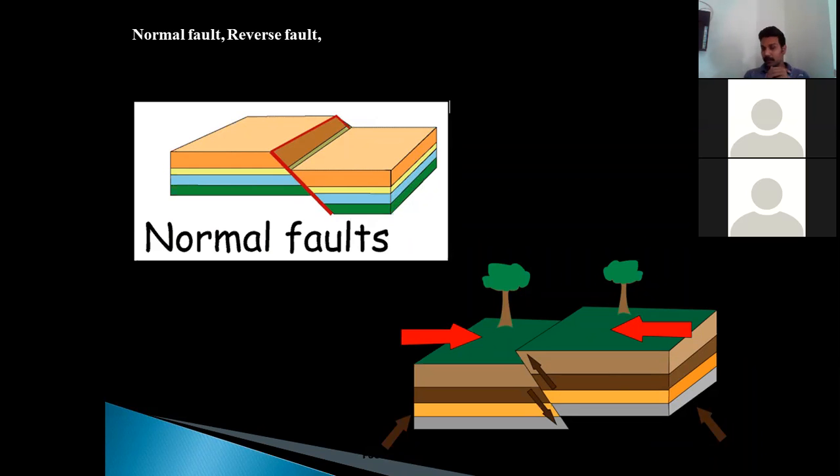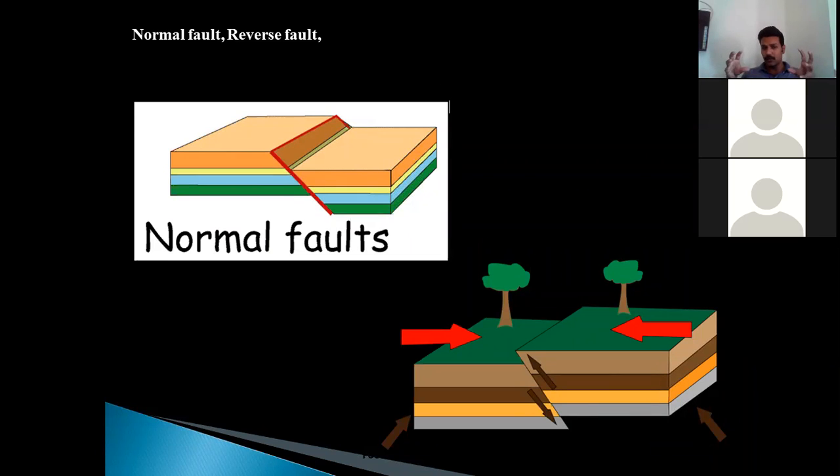The second one is the reverse fault. The exact reverse of the normal fault is called a reverse fault, where the hanging wall moves up, whereas the foot wall remains down. Whether the foot wall went down or the hanging wall went up doesn't make any difference, but their apparent location should be as given in the diagram, where the hanging wall is up and the foot wall is down. So this arrangement will give rise to the reverse fault.